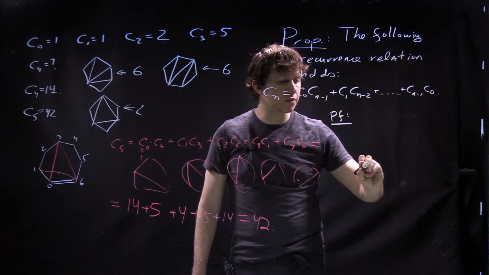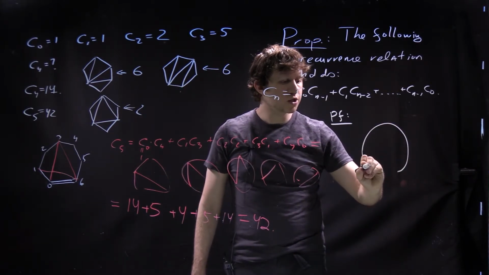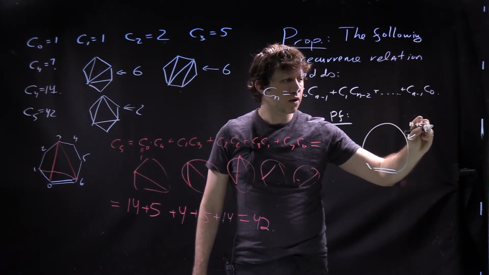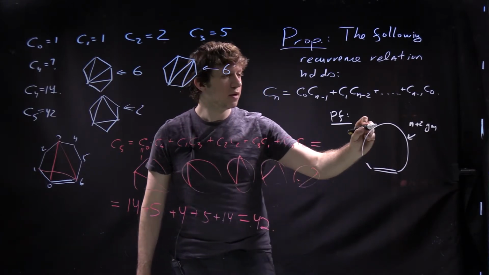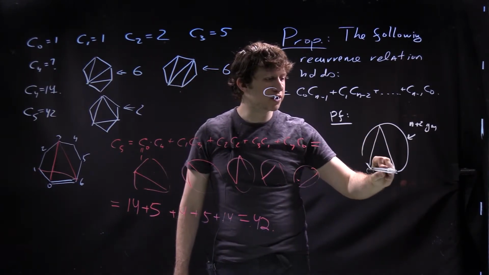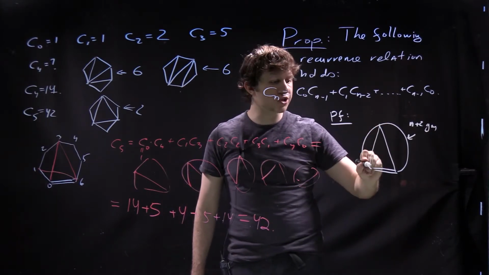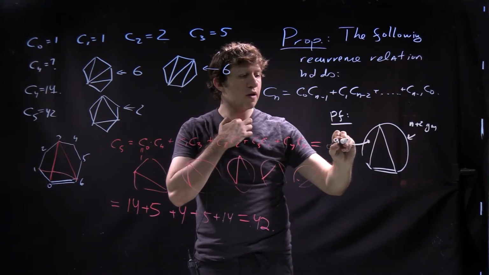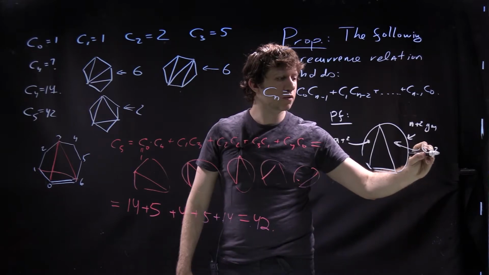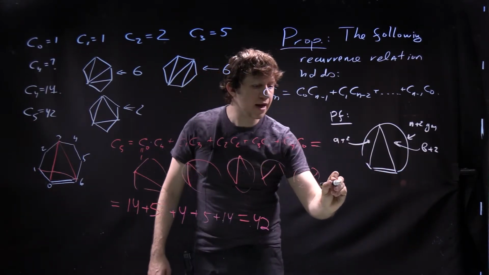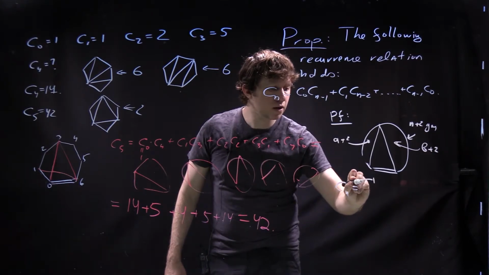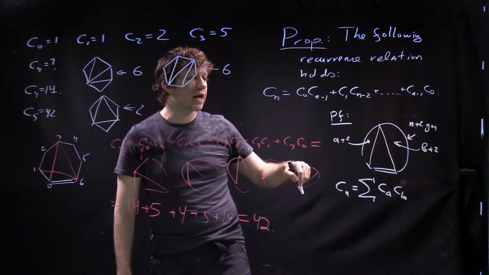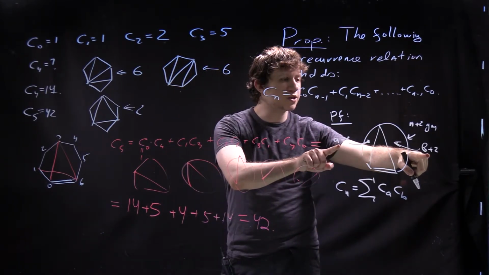So let's try to see what it looks like in general. So we have a polygon, and this is an n plus 2 gon. We take this n plus 2 gon with a fixed base, and then we look at triangulations having a particular triangle adjacent to this base line. And then we can assume that this is an a plus 2 gon, and this is a b plus 2 gon. And so basically Cn will equal the sum Ca times Cb, and then the question is only what is the condition on this a and b, and clearly the condition is that